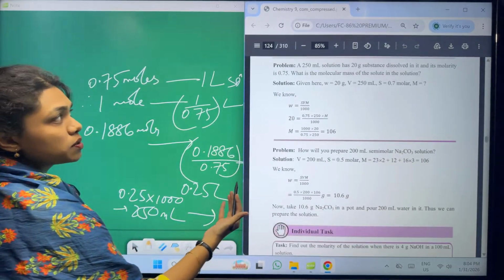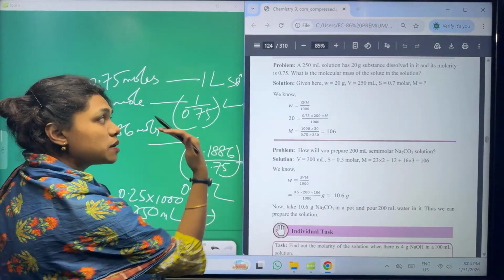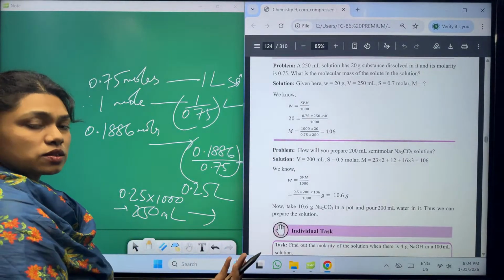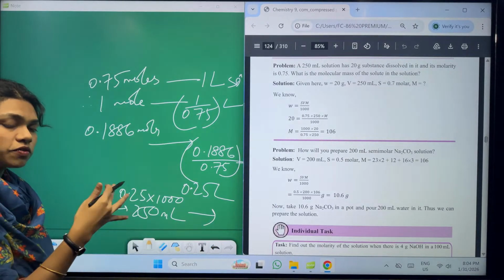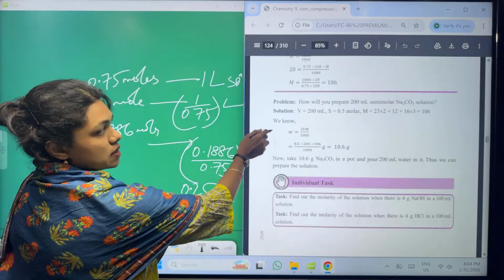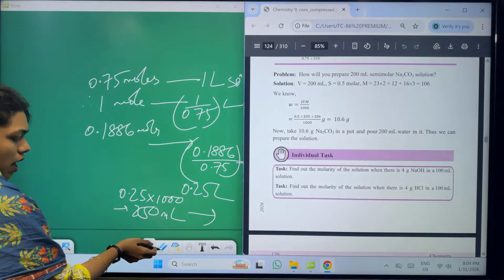Okay, this is the same problem. You can do it yourself. I'm not going to repeat it. The same problem. You are to find the molecular mass of Na2CO3 through a different variation of the unitary method. The answer is going to be 106 grams. Okay. How will you prepare